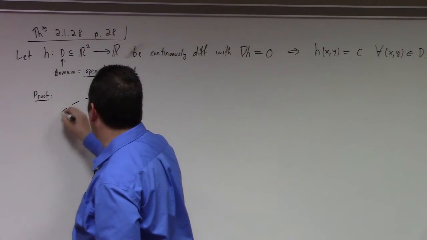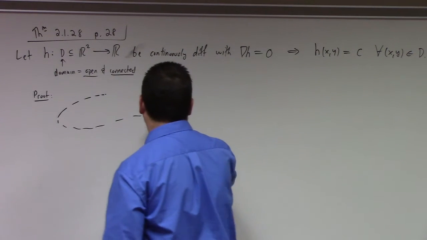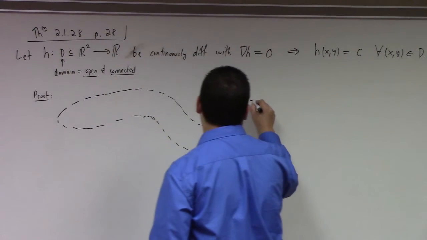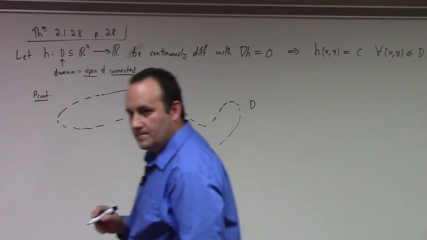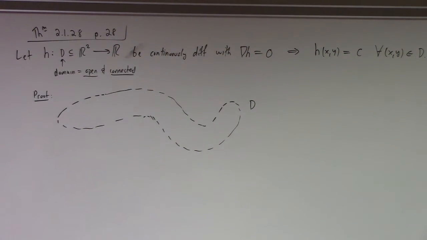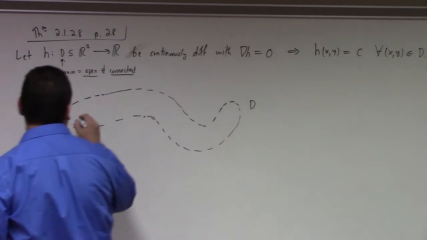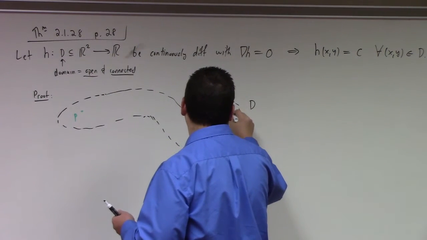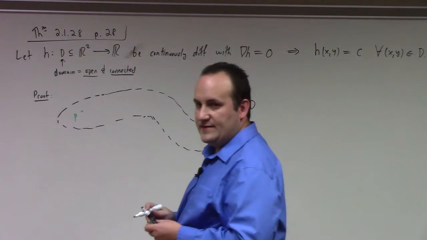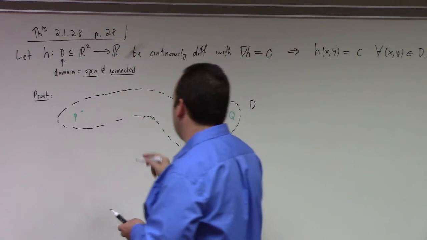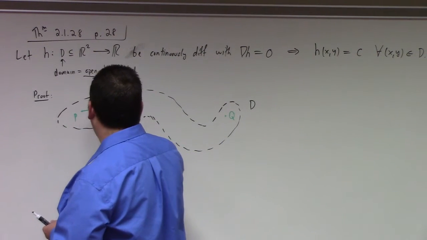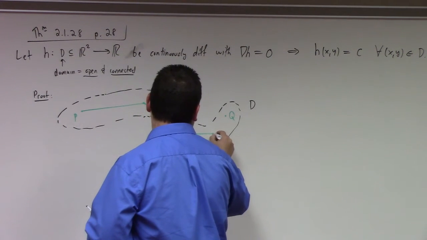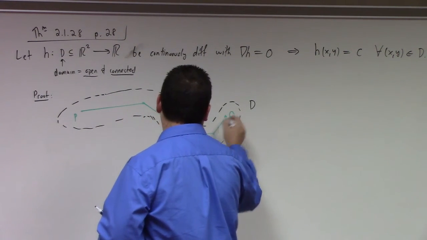So picture this open connected set. Here's my D, right? You pick any two points you like in the set. Say here's point P and here's point Q, whatever. The fact that it's connected, what does that mean? I can break it up. I can find a broken line segment, a polygonal path, which gets me from P to Q,